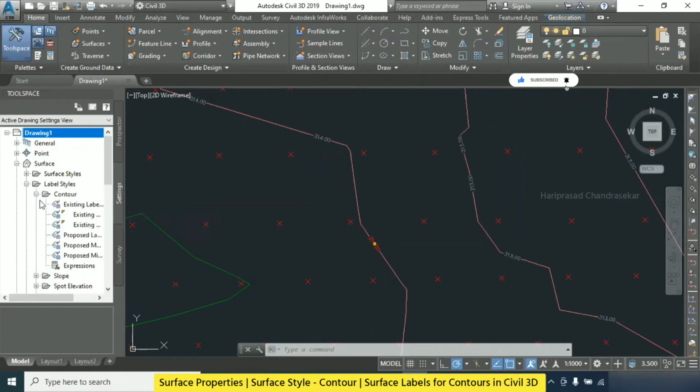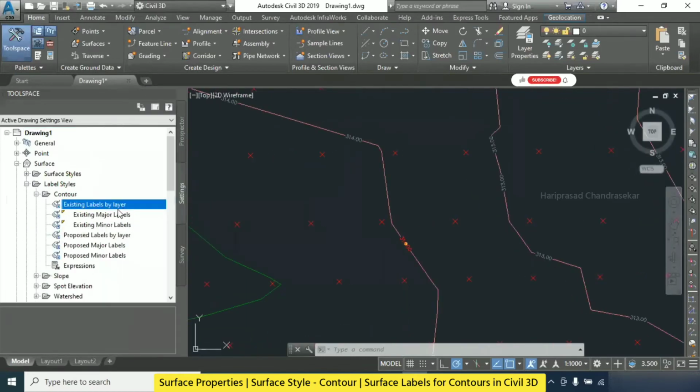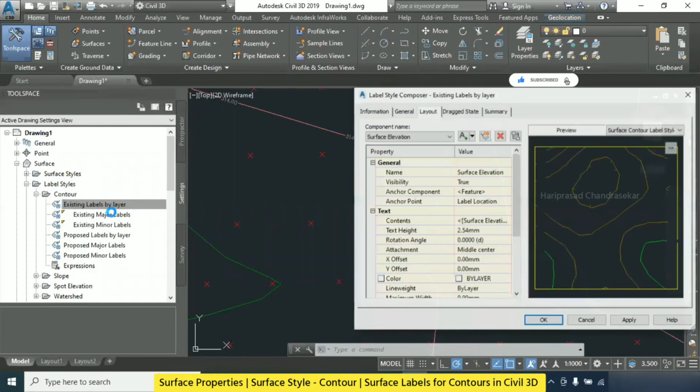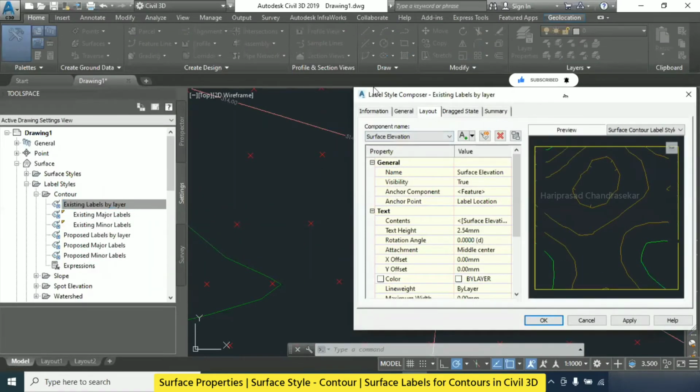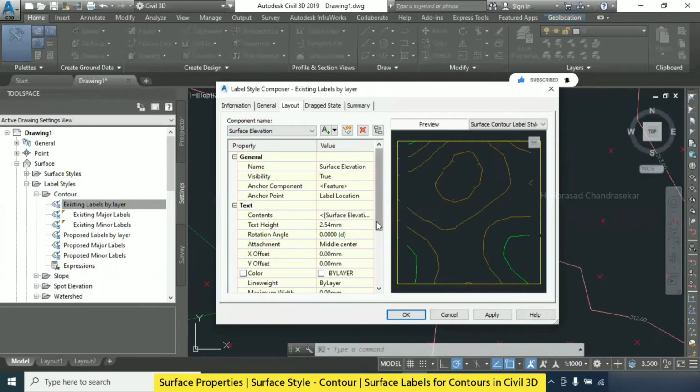For example, contour. Okay, we have existing label by layer. Okay, existing major label, proposed labels by layer. You can go for edit, and you can do something here. Surface elevation.